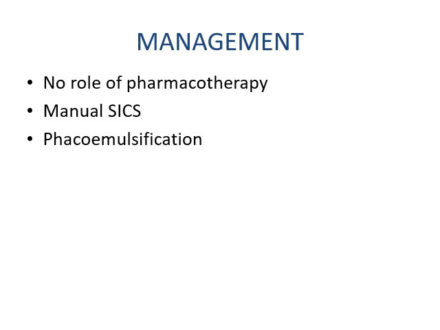Now, the surgeries available are manual small incision cataract surgery, which is a type of extracapsular cataract extraction, and phacoemulsification. Phacoemulsification is a comparatively newer procedure, and nowadays mostly phacoemulsification is preferred over manual SICS because of its incision size, which is small, and as a result the postoperative astigmatism is less. But again, phacoemulsification also has certain limitations, such as it cannot be used for too soft or too hard cataracts.